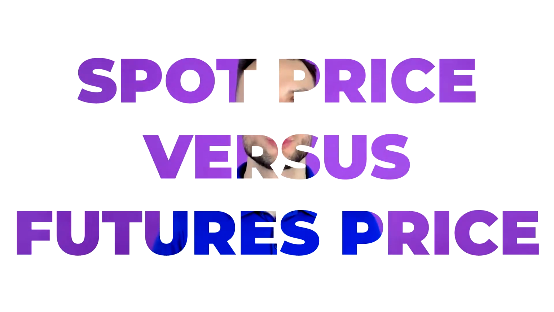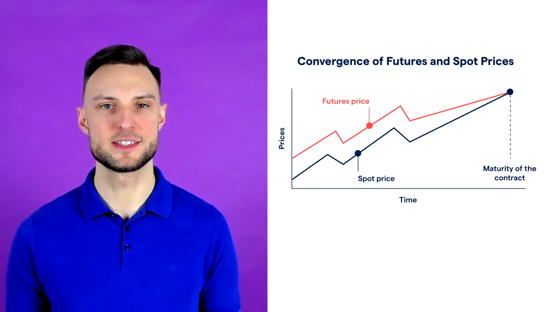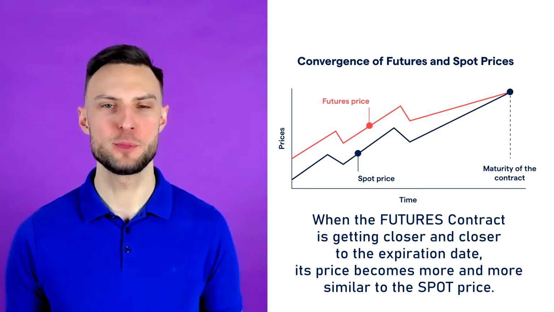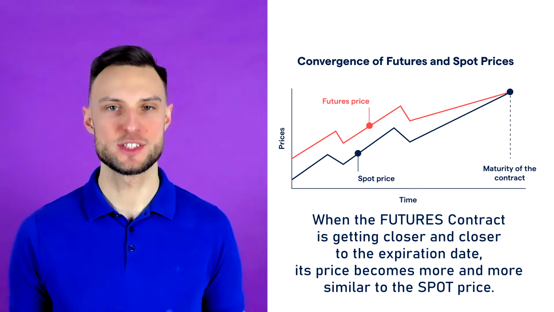Spot price versus futures price. The main difference between spot and futures prices is that the spot ones are for immediate buying and selling, while futures delay payment and delivery to a predetermined future date. So in spot, there is an instant transaction happening. In futures, there is a bid. Then the spot price is usually below the futures prices.